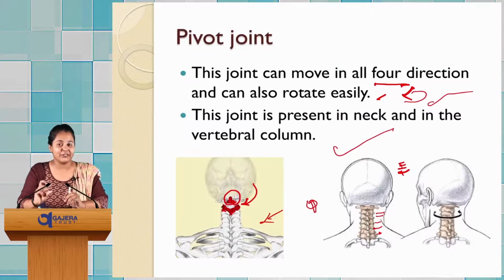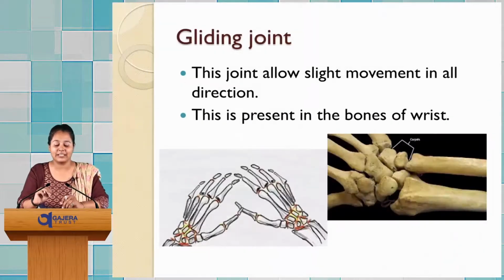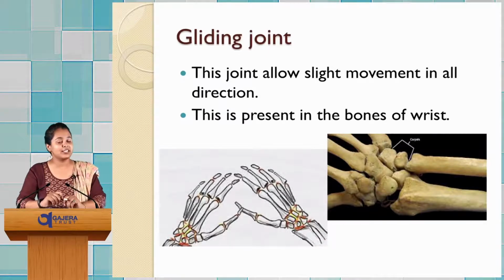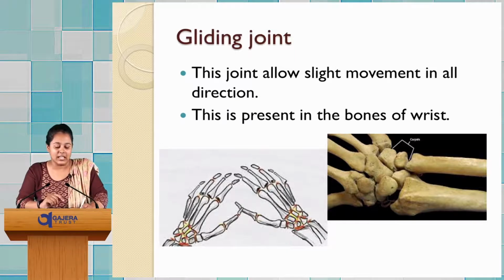Continuing onwards, after our number 3 joint, we have the fourth and the last movable joint, which is the gliding joint. A gliding joint is a joint which allows us slight movement but in all the directions. First of all, it is mainly made up of very small bones. Over here you see an image of a skeleton of a wrist. You can see the wrist over here. Our wrists are made up of 8 small bones sitting alongside each other.